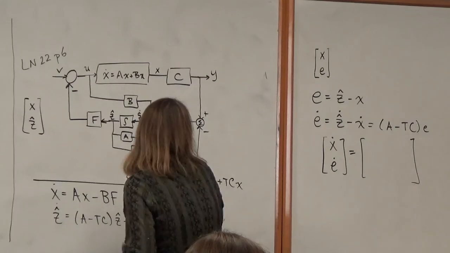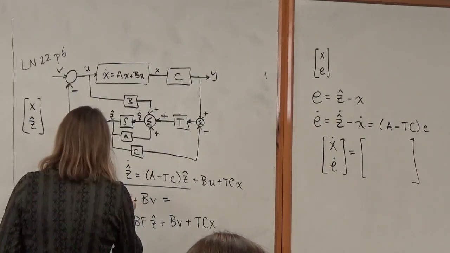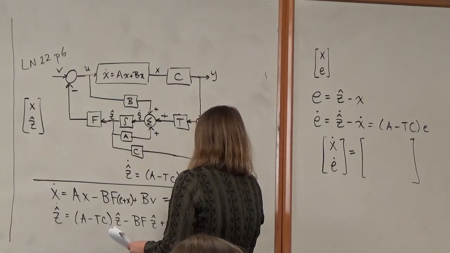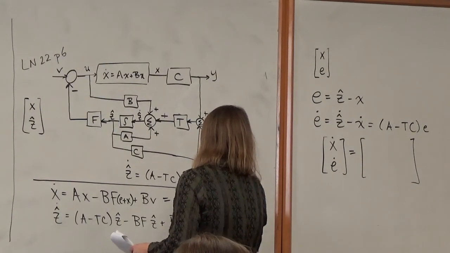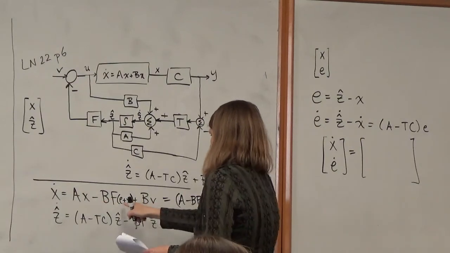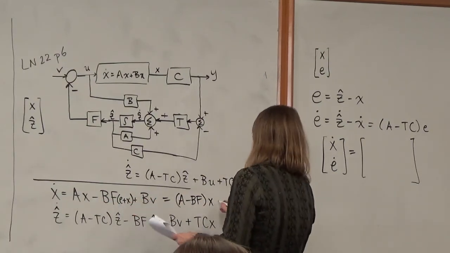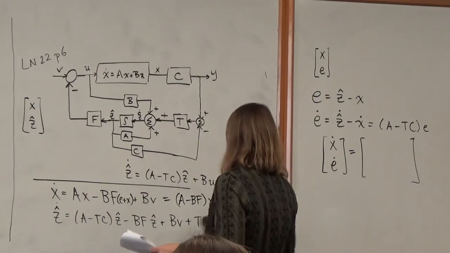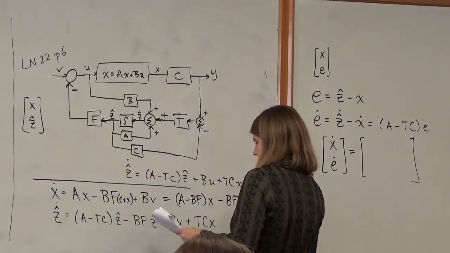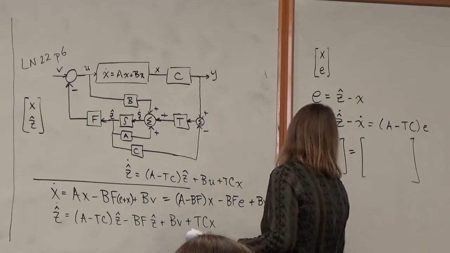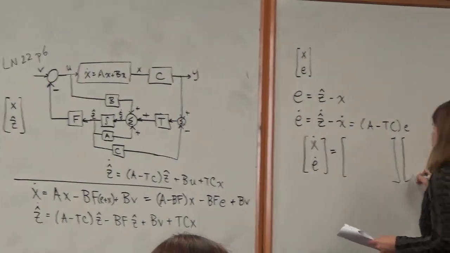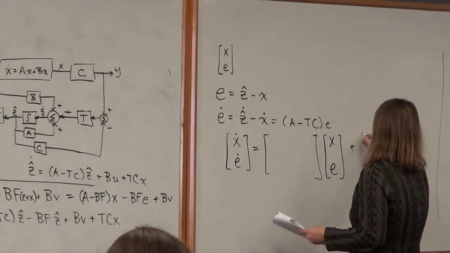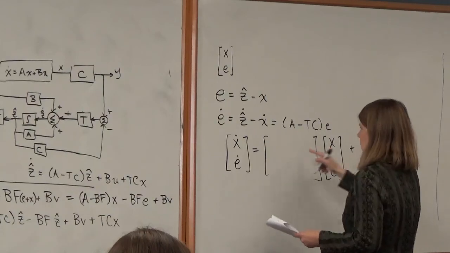Instead of z hat, I can rewrite z hat as E plus x. And so this becomes (A minus BF) times x minus BF times E plus BV. Okay, so what I have over here in terms of a state equation, in terms of my new big state, is just this. So x